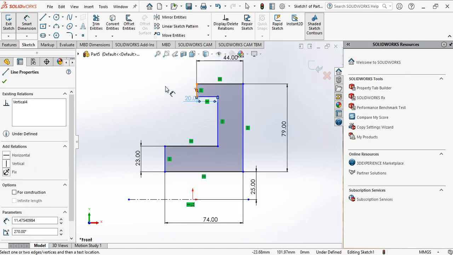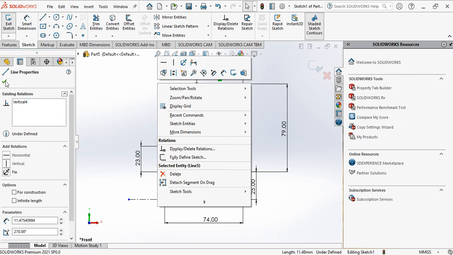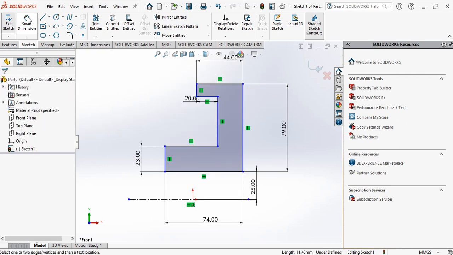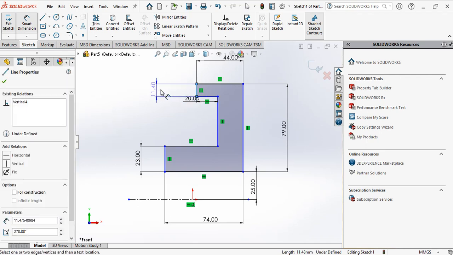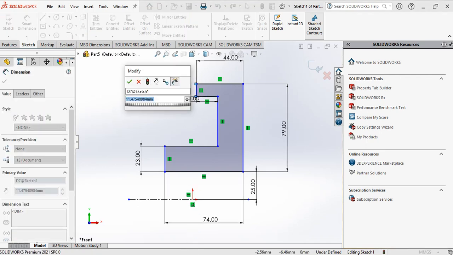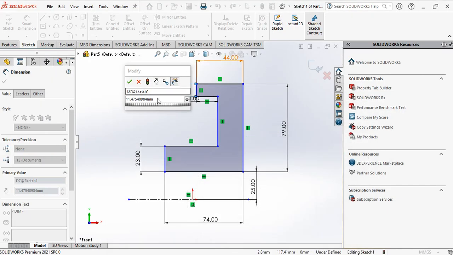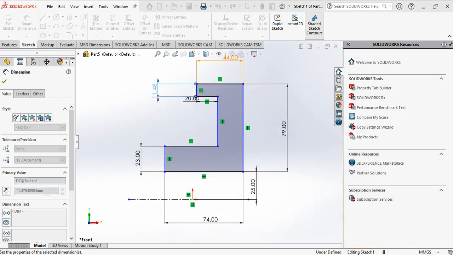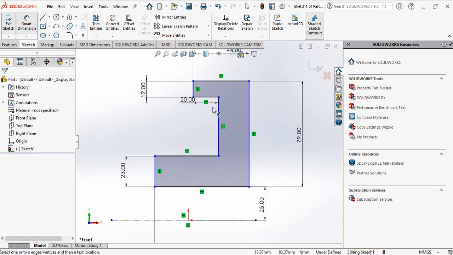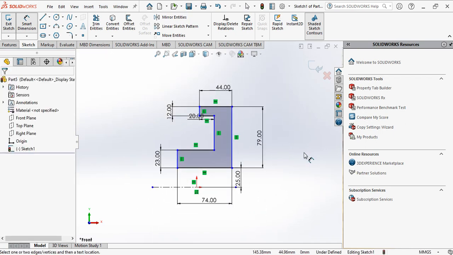And this distance, go to smart dimension, select this line. This distance is equal to 208 minus 196, which is equal to 12 mm. That's all, and this is our sketch.